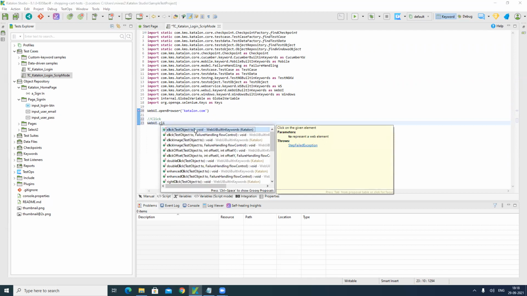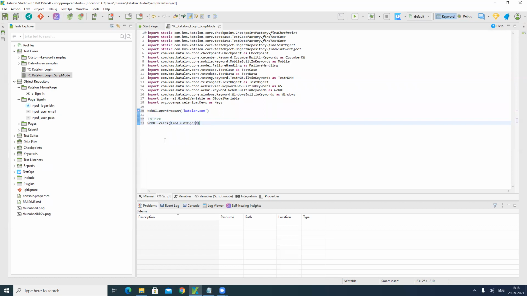On which object are we going to click? We are going to click on the anchor link of the sign in. So just drag and drop. See.